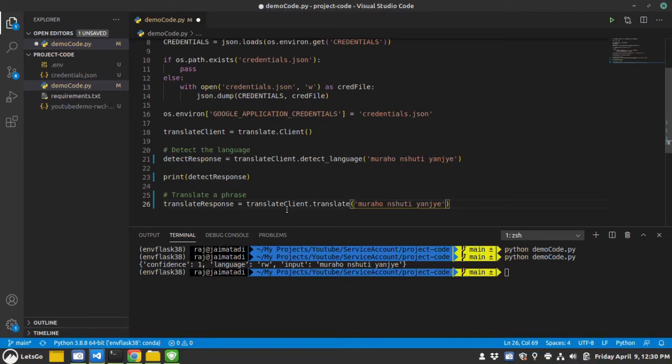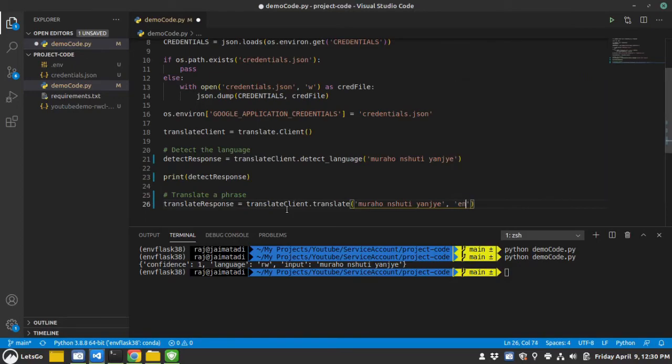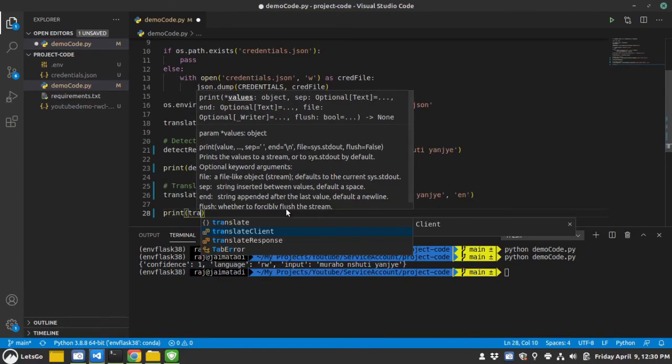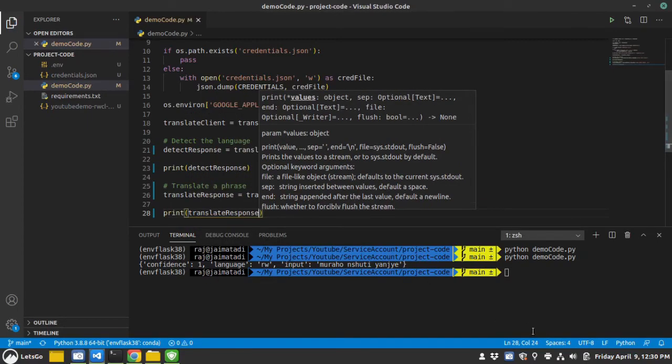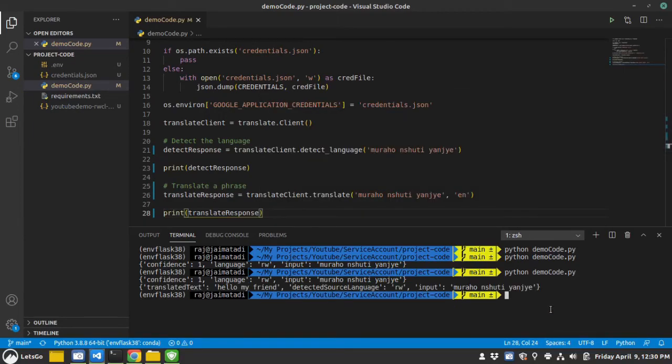Let me paste the same value again, and the target language, so the target language is EN. Let me quickly print the response. Okay, so you can see that it has translated the query into English, that is hello my friend. It has also detected the source language, that is RW.